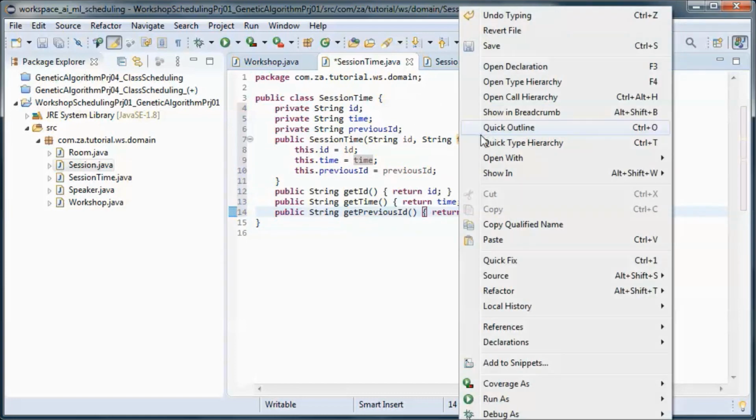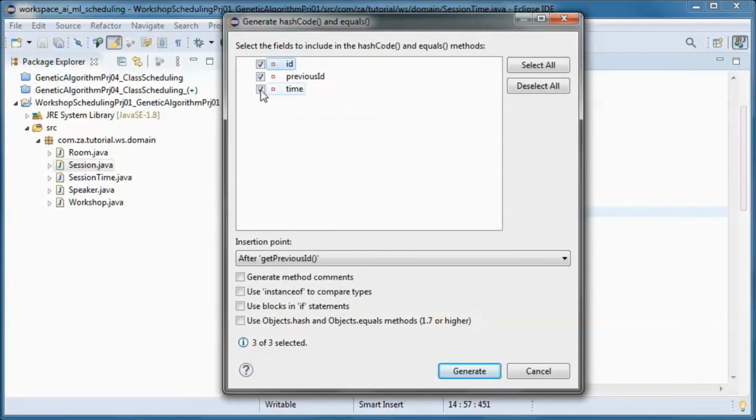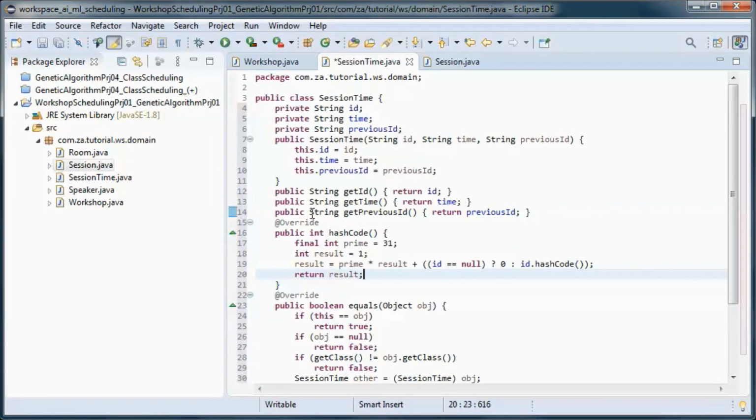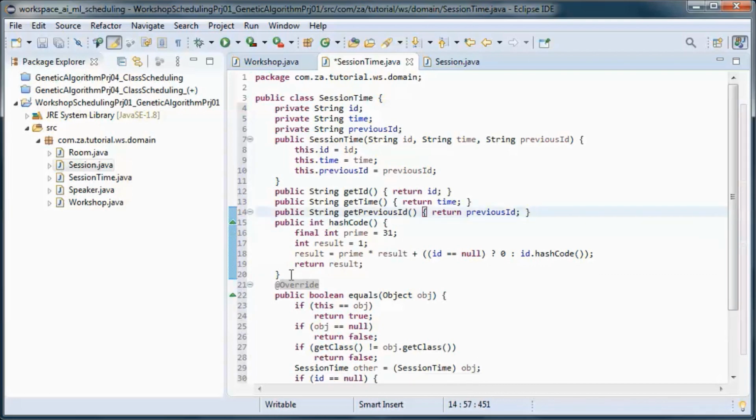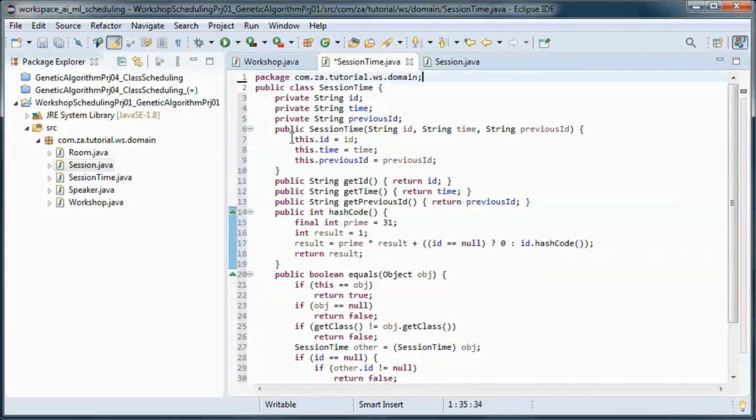And since we will be comparing a session time against other session times, we'll have a hash code and an equals method, and they will be based off the ID. And this should do it for this class.